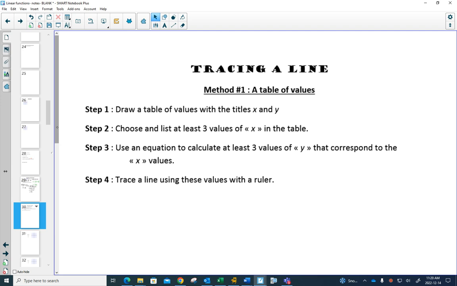Okay, we have done this already in our relations unit. Remember, in our relations unit, sometimes you would get an equation, and I would ask you to say, hey, we can show a relation as an equation, a graph, an arrow diagram, a table of values, ordered pairs. We had all of those ways that we could show something in our relations unit. So in this unit, what we really want to do is go from the equation